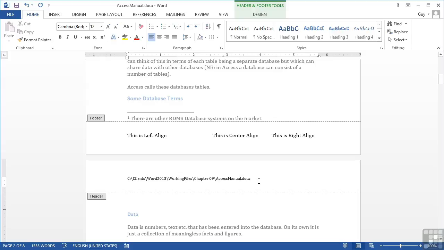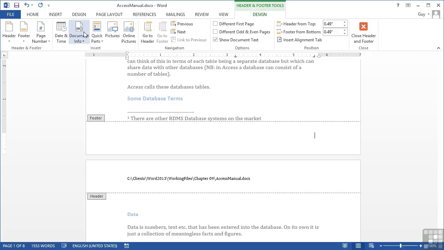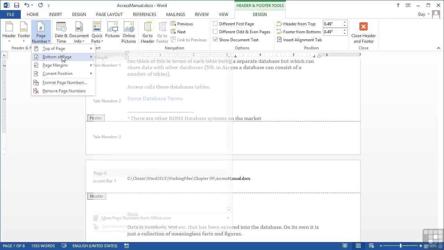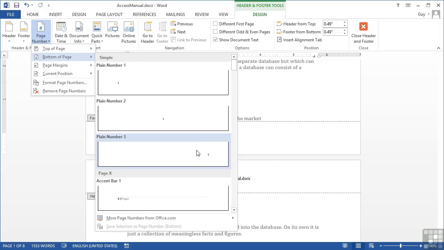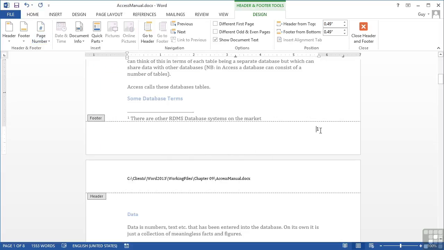You may also wish to insert the page number. Let's go to the footer and delete the content that we've added there. We're going to pick the page number on the right hand side. So inside the header and footer tools design ribbon, we have page number, bottom of page, right hand side. And you can see that inserts the page number. If I want to also put page there, I would need to type that. So page space page number,